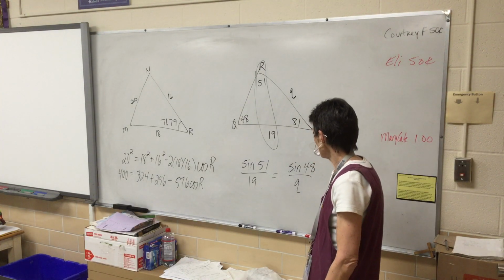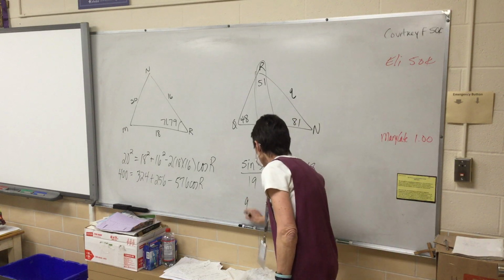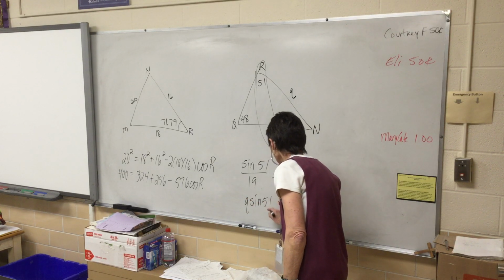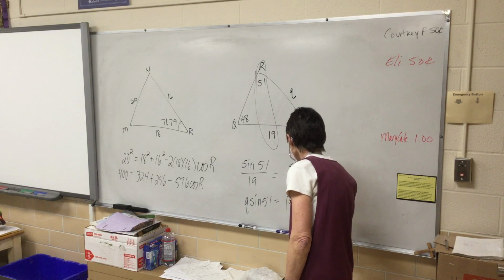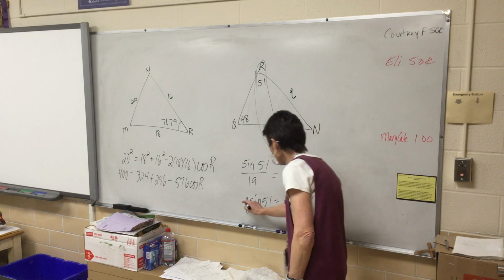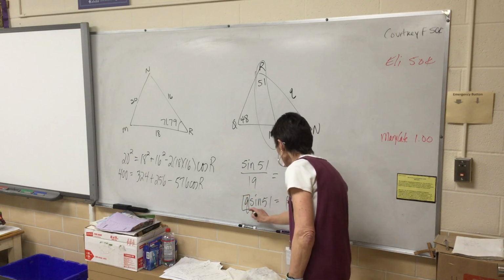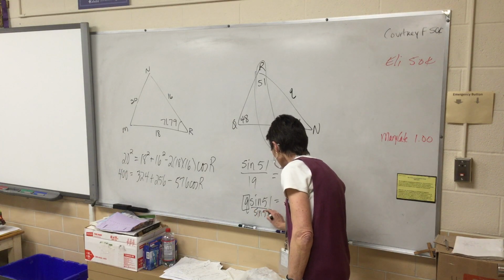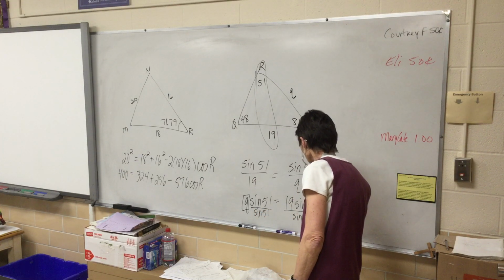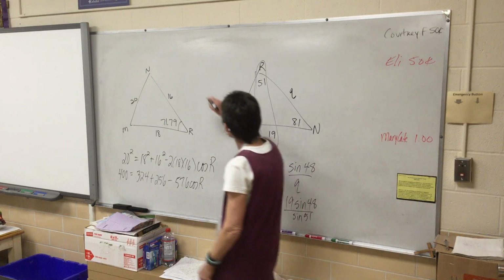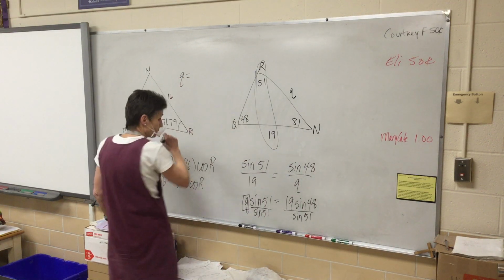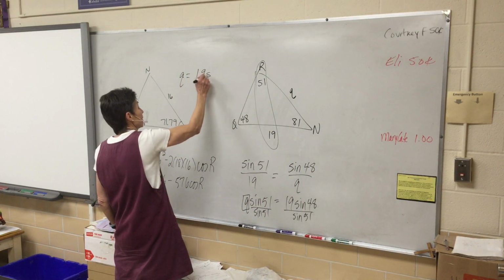All right, let's cross multiply. So Q sine 51 equals 19 sine 48. Now remember, you're solving for Q, so you're going to divide by sine 51. So Q will equal 19 sine 48